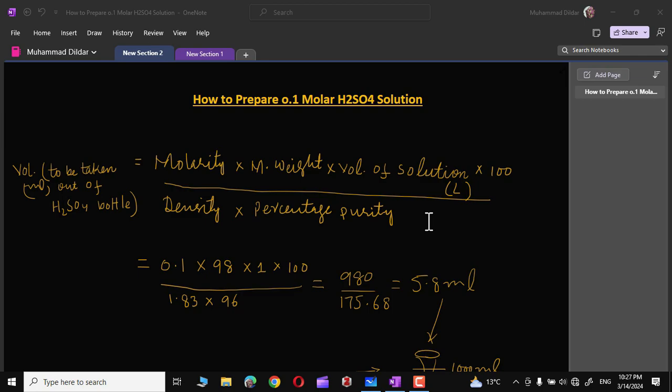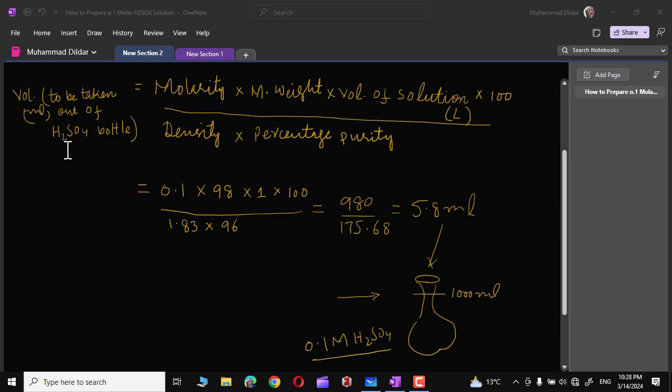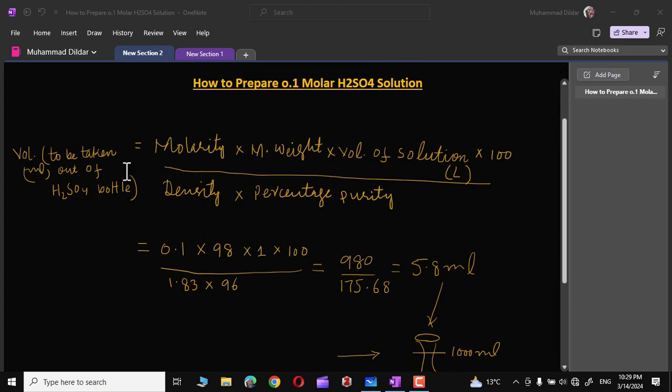But that was too simple, so my last video was all about preparation of 0.1 molar H2SO4 solution. We simply put in all the values right over here and determined the volume of H2SO4 that needs to be taken out of the bottle, which is then placed into a volumetric flask. For example, it was 5.8 ml, and then distilled water has to be added to the volumetric flask to prepare 0.1 molar H2SO4 solution. So in this video, I'm going to show you where we got this equation,